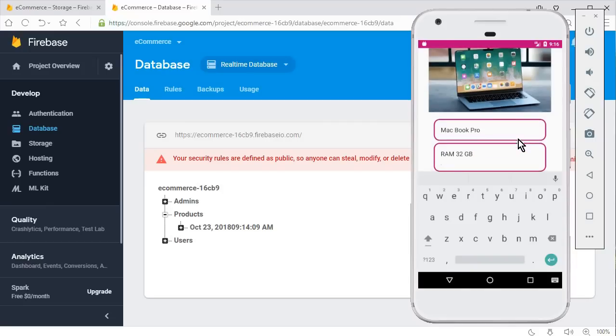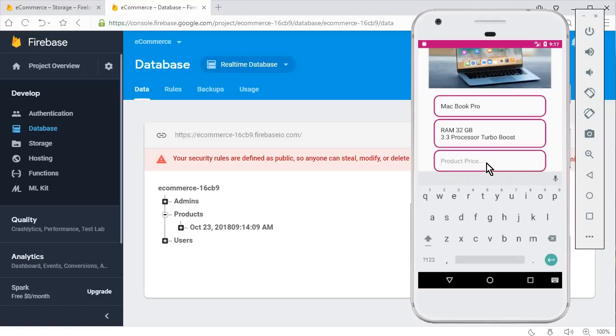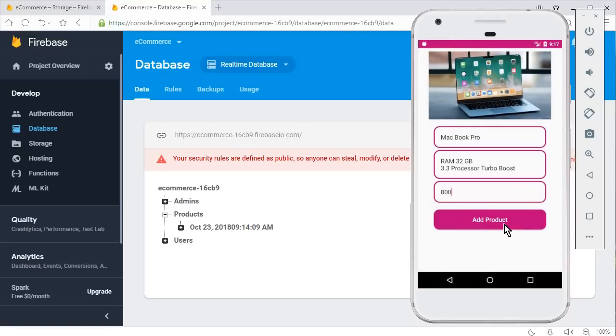Then you can write the processor, any description you want in details, okay. Processor turbo boost, let's say, and anything. Okay, now the next thing is the product price, so let's say at $100. Okay, and now let's click add product,